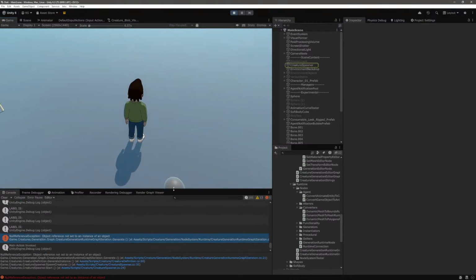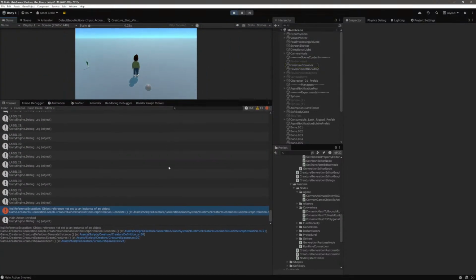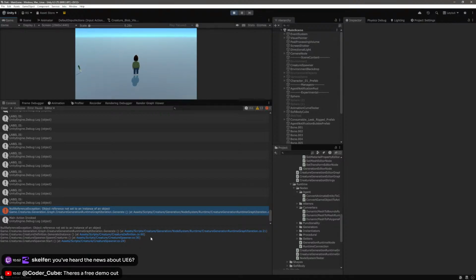Okay, let's see if we can find the cause of this. Skipper, have you heard the news about UE6? I saw that they did some sort of teaser about it, right? I don't know anything more than that. Honestly, I didn't even know UE5 was out in 1.0. There's a free demo out. Yeah, if I had the time,